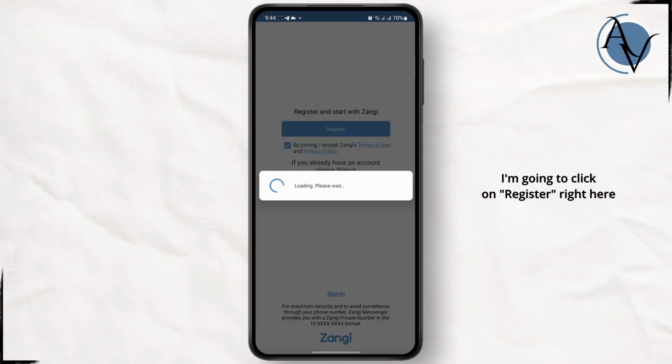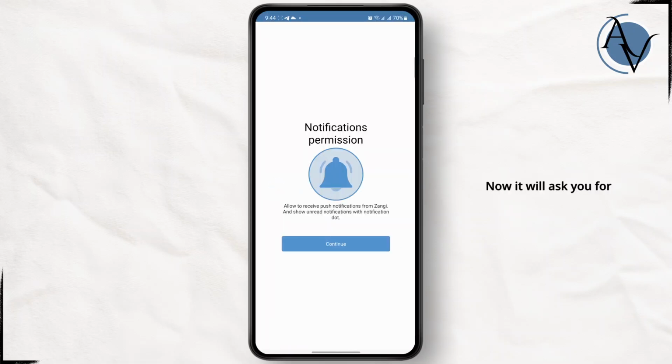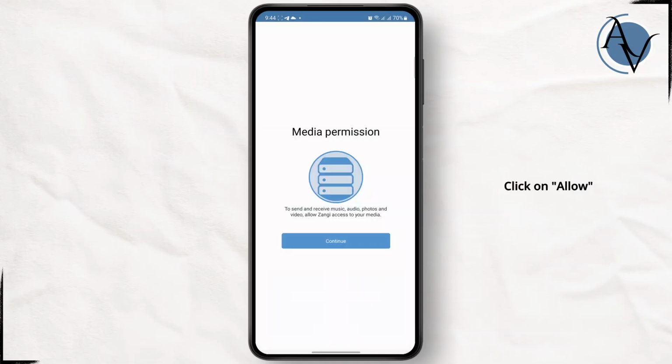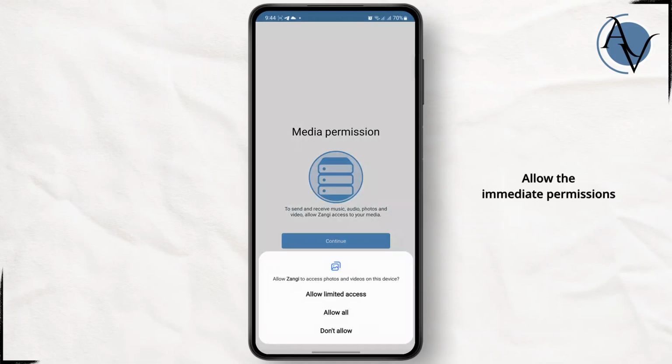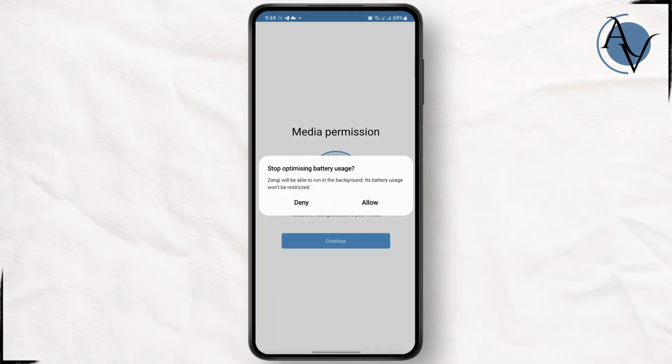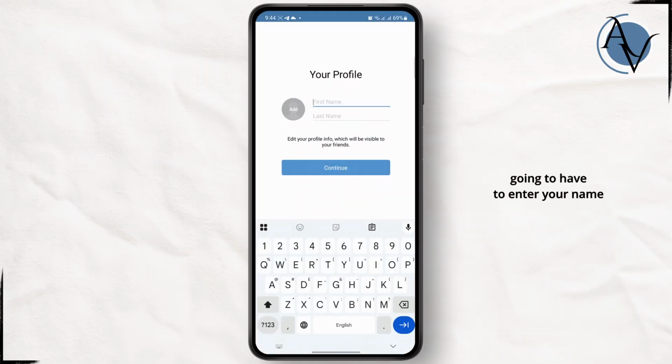I'm going to click on register right here. Now it will ask you for your notification permissions. Click on allow, allow the media permissions, and then from here you're going to have to enter your name. Once you have done that, tap on next,